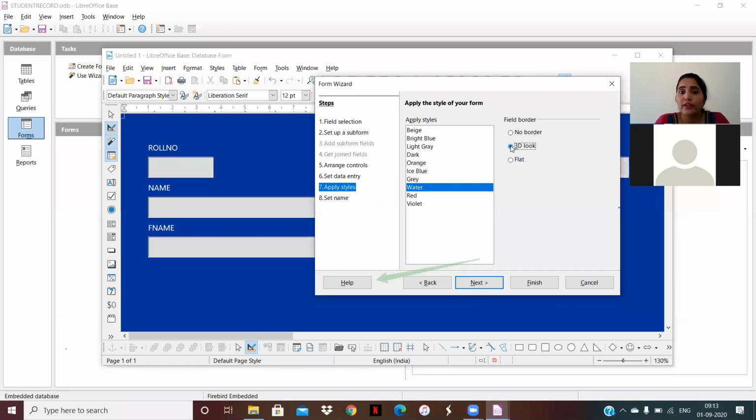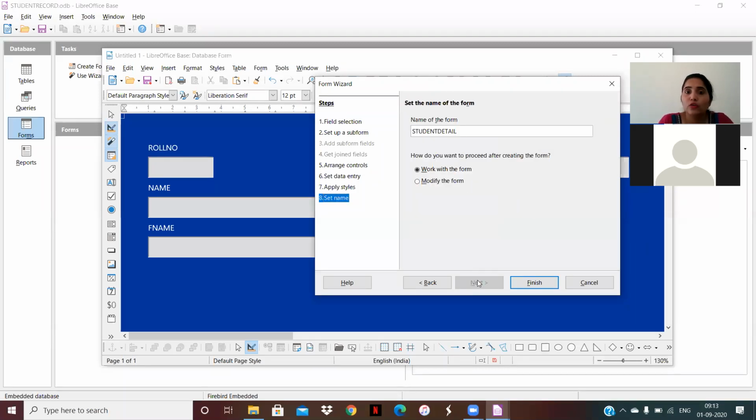When I click on flat, it shows like this. When I click on 3D look, it shows like this. We want to set 3D look, that's why I click on 3D look. After that, click on next.